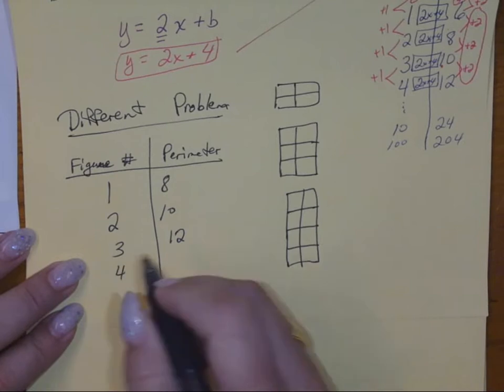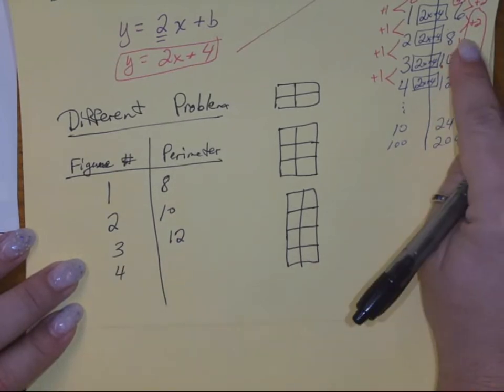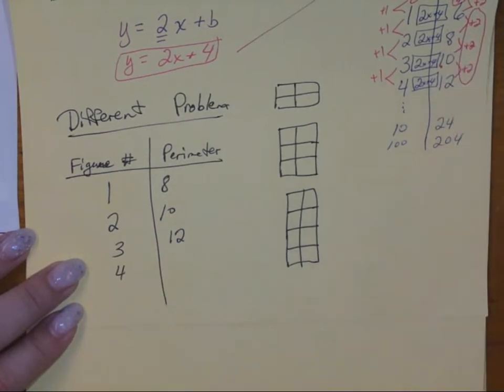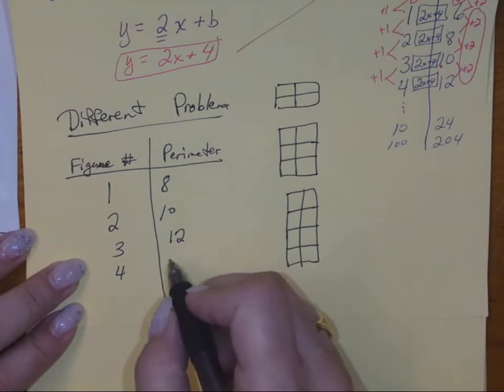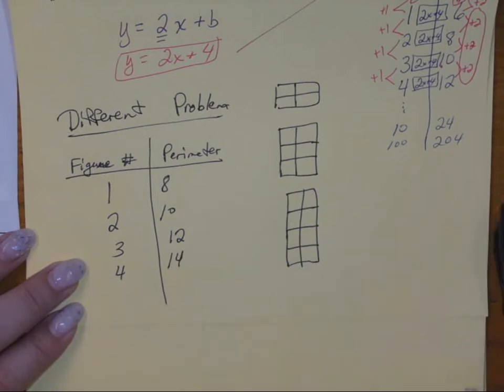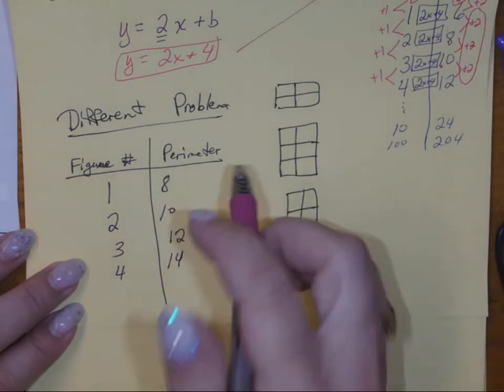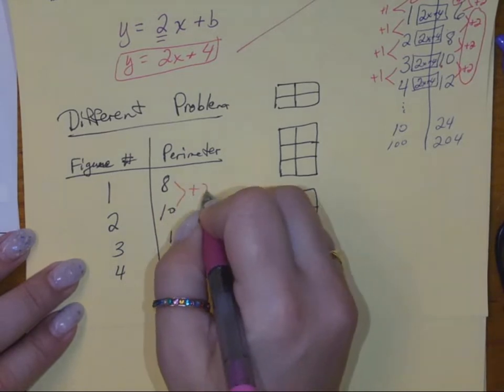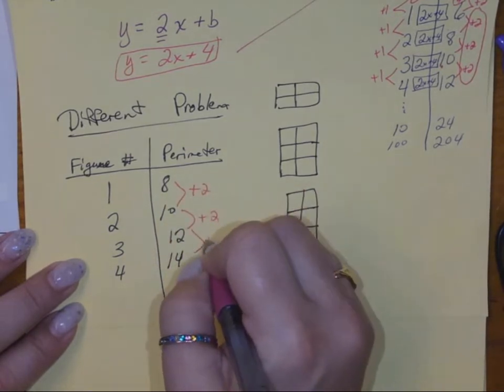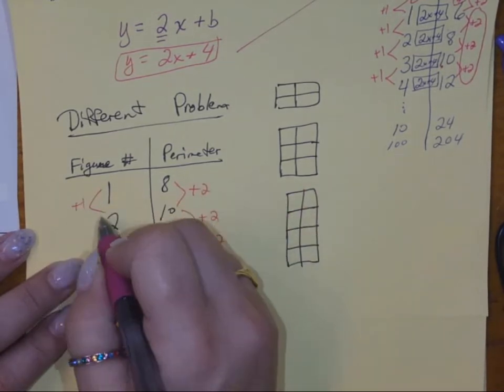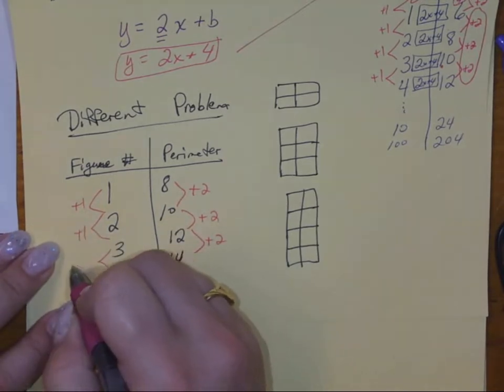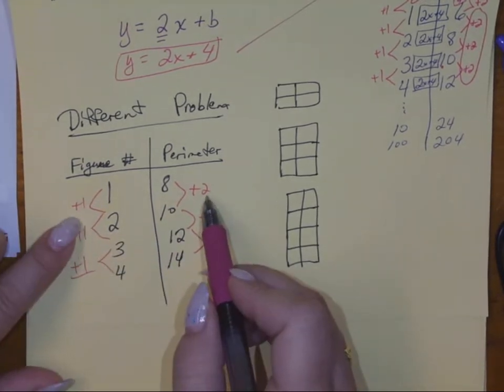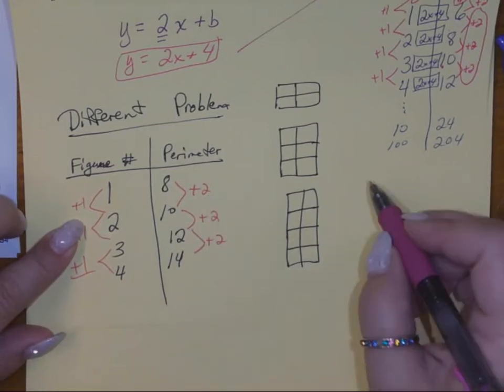And what we're seeing is, again, we're going to get exactly what we had here, 8, 10, 12. The next guy would be 14, right? 8, 10, 12, 14. Does everybody agree? Because I'm adding 2 each time. And on the other side, I'm adding 1 each time. So they're both constant. So when I figure out this ratio, 2 to 1, that means that my constant rate of change